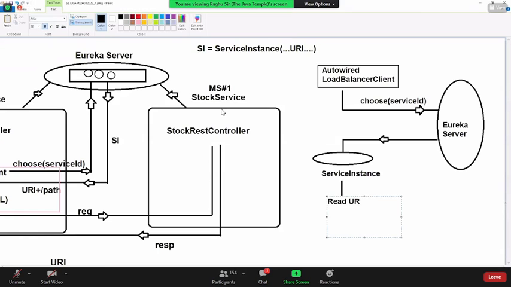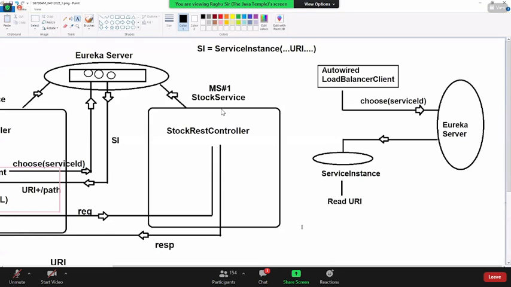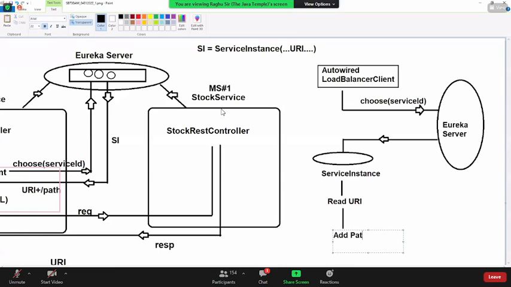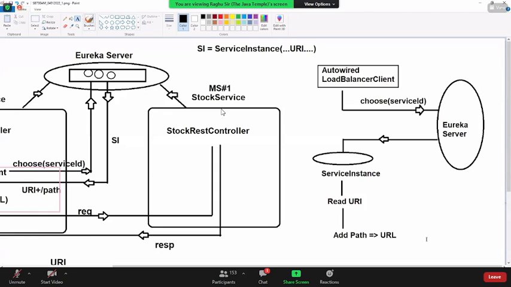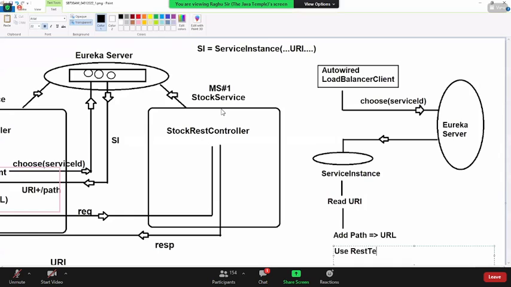Read URI, add path, so the output is actually URI. Now use REST template and make call.